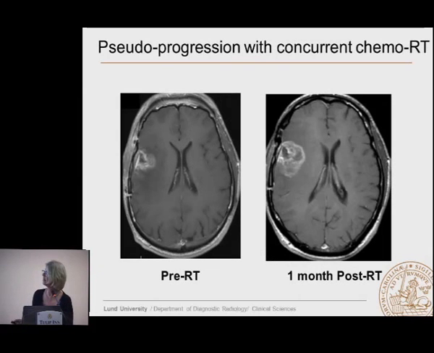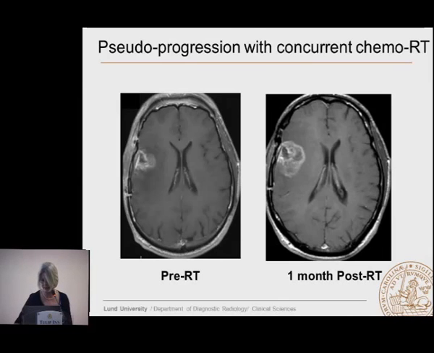Here is another case. Again, you could see pre-treatment there is some contrast enhancement, a little bit of edema. 1 month post-radiation therapy, these lesions have increased in size. There's an increase of contrast enhancement, and it looks like it's a progressive tumor. This was just followed. We didn't do anything. We didn't change therapy. We didn't add anything, and this slowly dissolved over a couple of months, and the patient